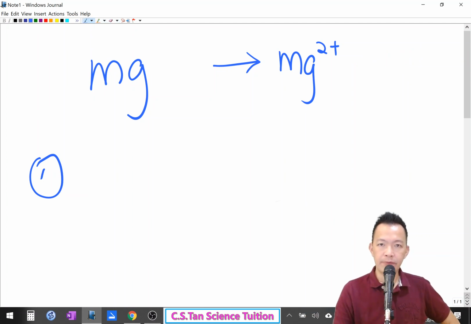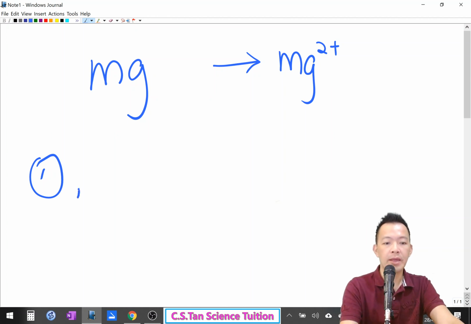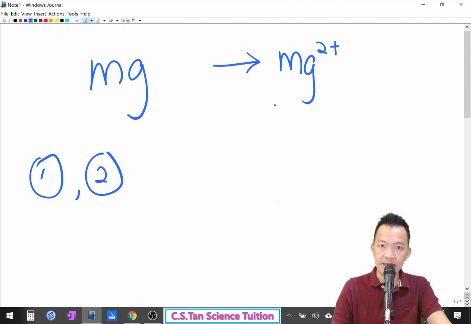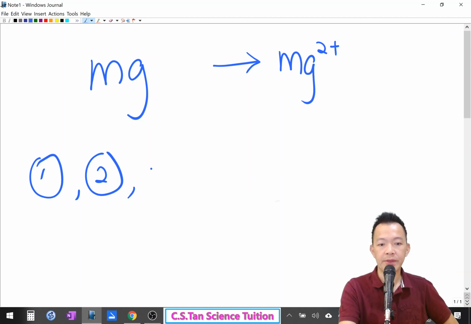So the first step, you have to write the reactant 跟 product, 反应体跟 product. Magnesium going to lose electron, become the magnesium ion. 这是第一个步骤。And second step, 第二个步骤是什么呢？From the left hand side and the right hand side, the number of atoms must be equal. Magnesium atom is made up of 1 atom. Magnesium ion is made up of 1 atom. So the number of atoms actually is equal 啦，它已经平均了，所以不用做什么。